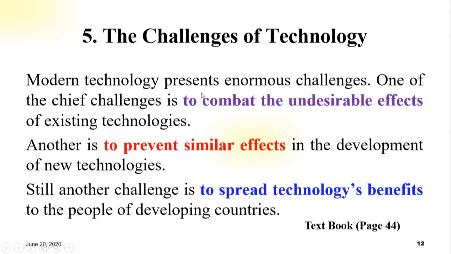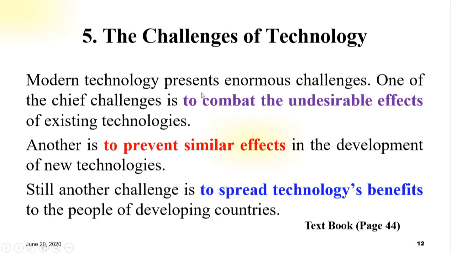One of the chief challenges is to combat the undesirable effects of existing technology. Another is to prevent similar effects in the development of new technology. And still another challenge is to spread technology's benefits to the people of developing countries. So now I have to explain them one by one. The first one, to combat the undesirable effects. It means